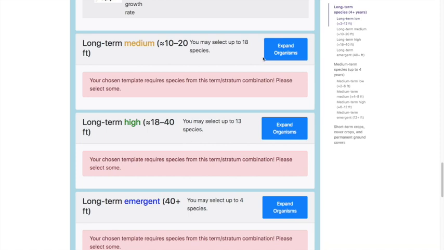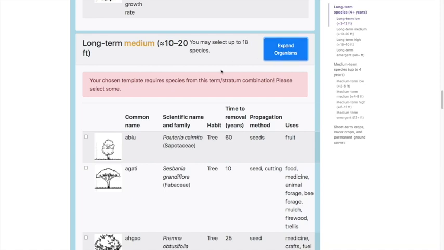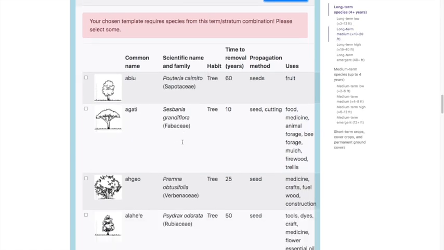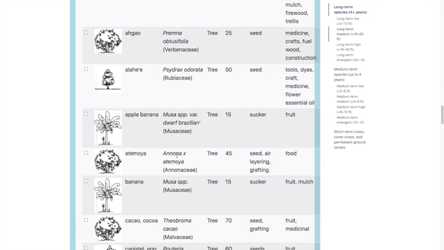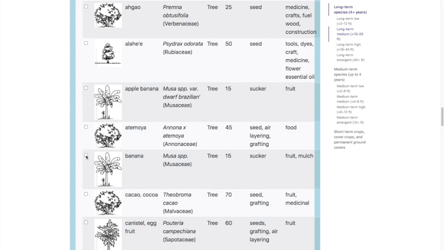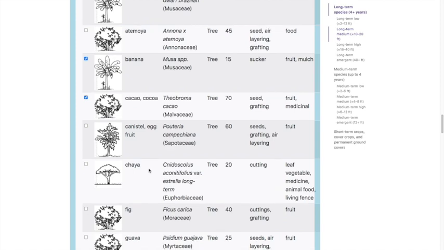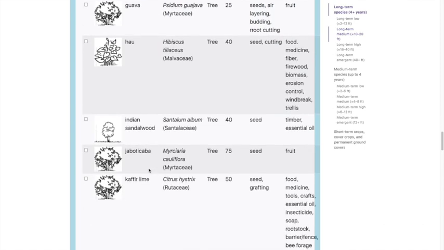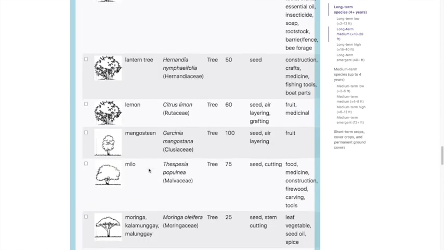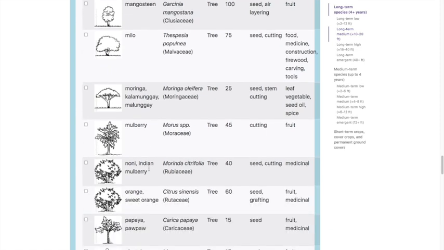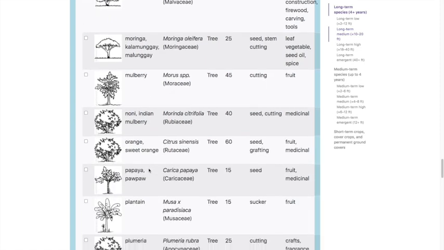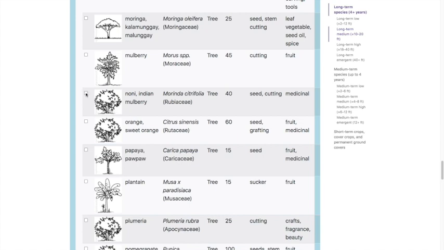So we're going to move on to the long-term medium. Expand into here. Let's see. I'm going to select banana and cacao. How about noni?